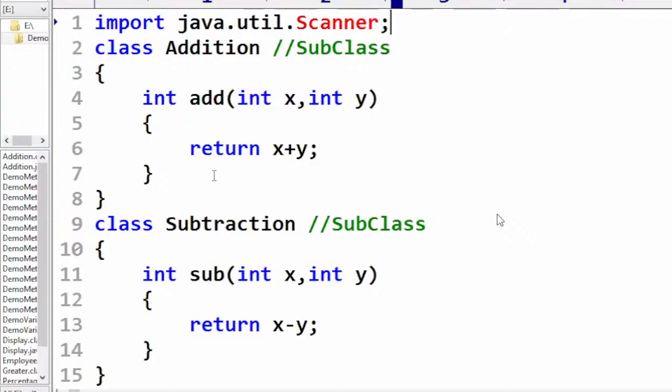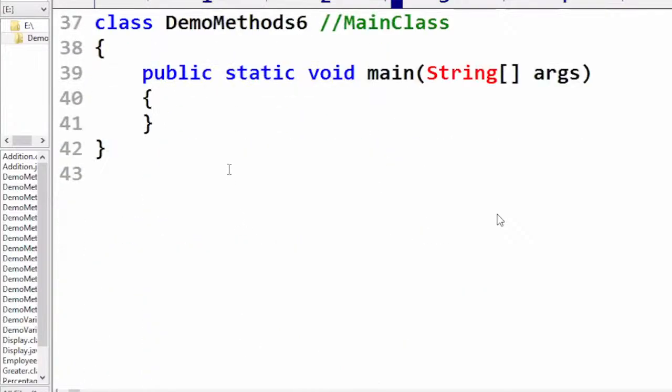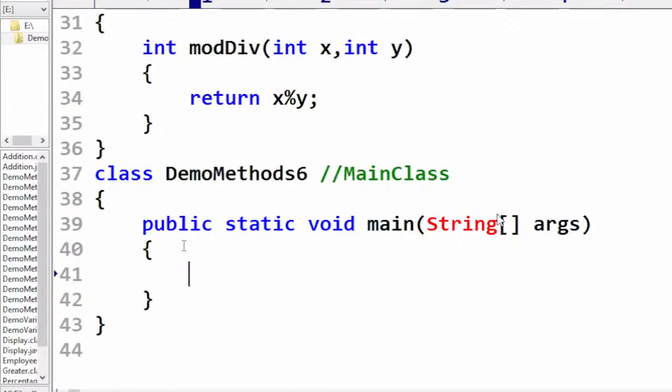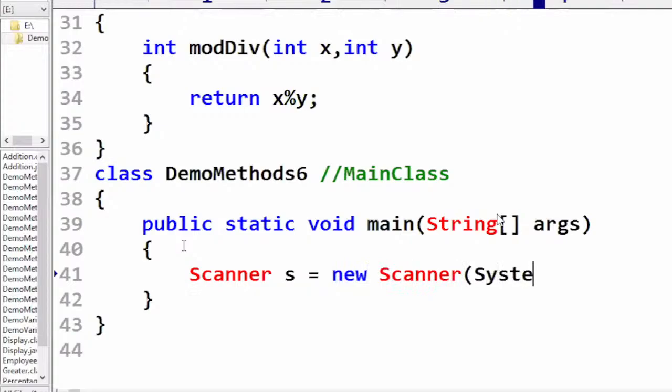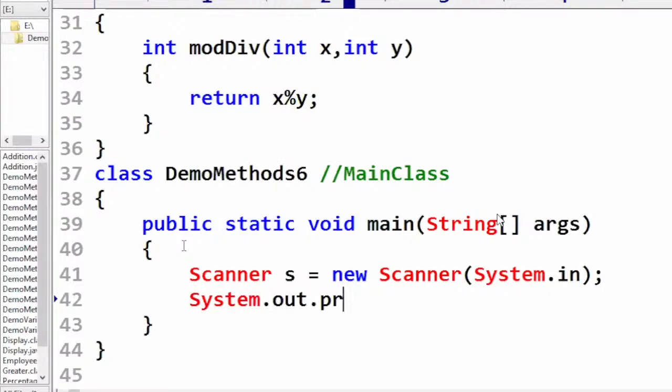Right. Go for the main class, this one. Object. Scanner sc is equal to new Scanner of System.in. Now System.out.println